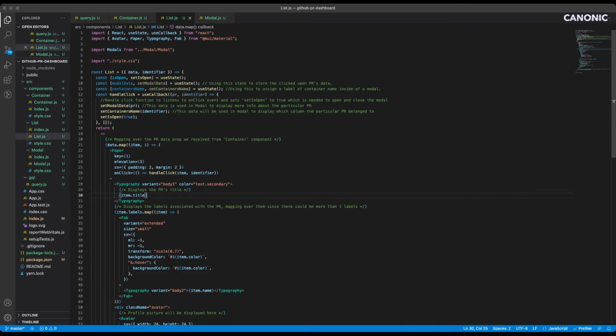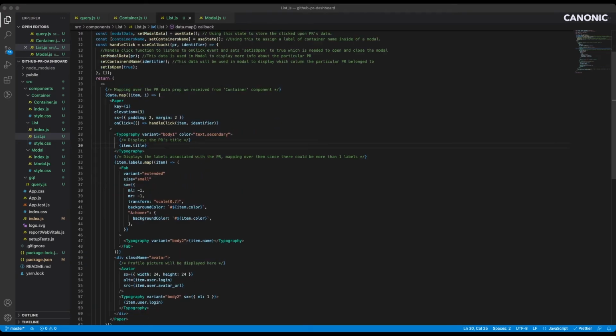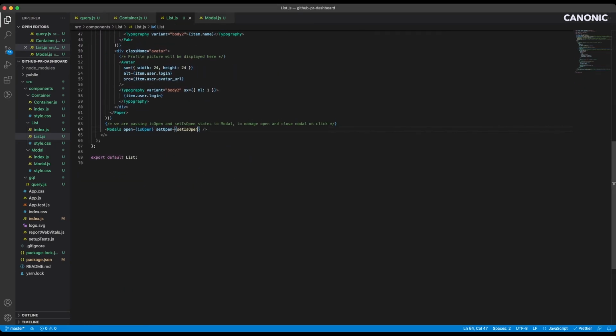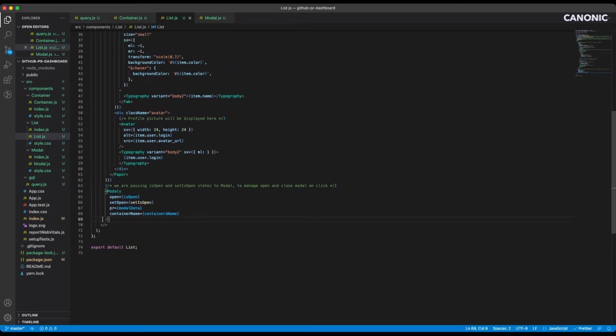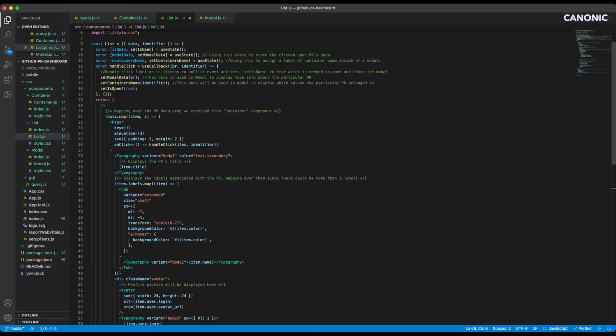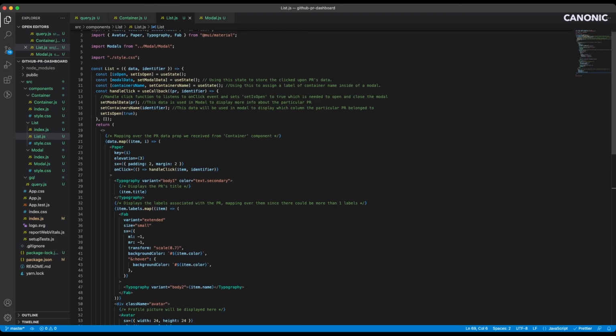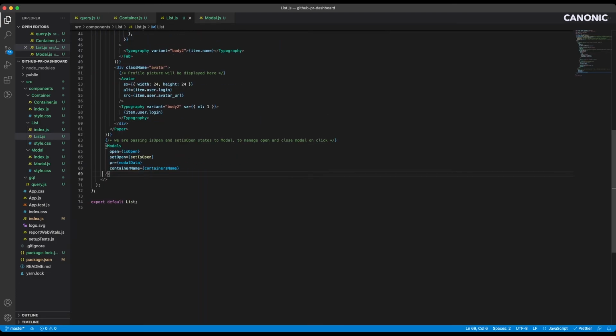That's done. Now let's pass these two parameters to our modal component. So what I've done now is once the user clicks on any list item, we'll store that data in our state variables and then pass it along to our modal component.